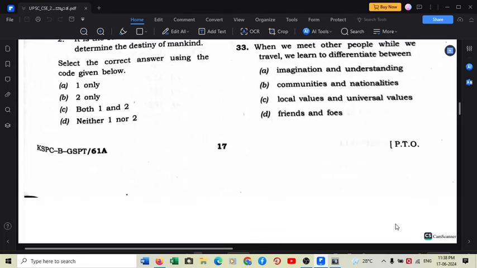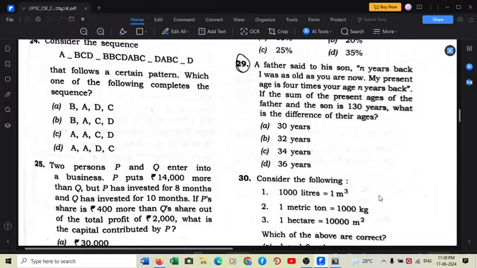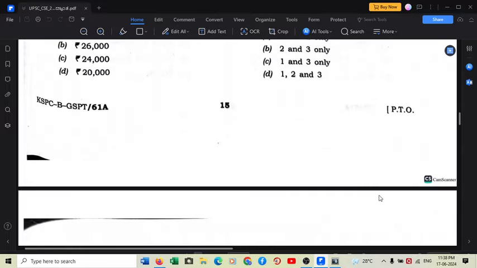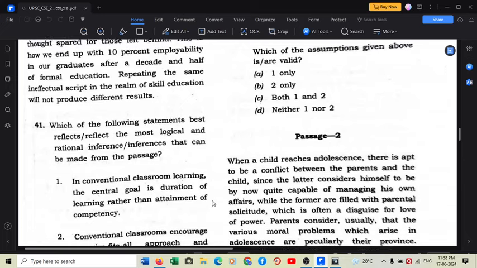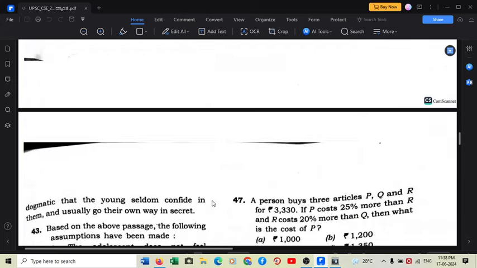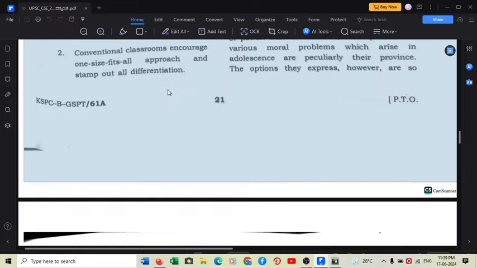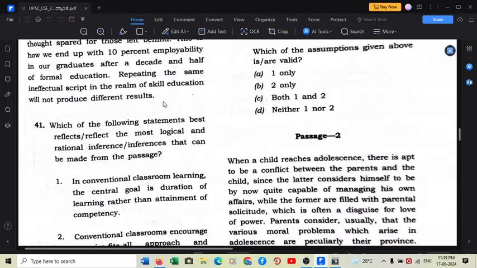Okay, so let us move to another passage. Page number 15 has more questions from mathematics, so we'll look for another passage here. All right, so this passage in set C on page number 21. Let us see what this passage is all about.